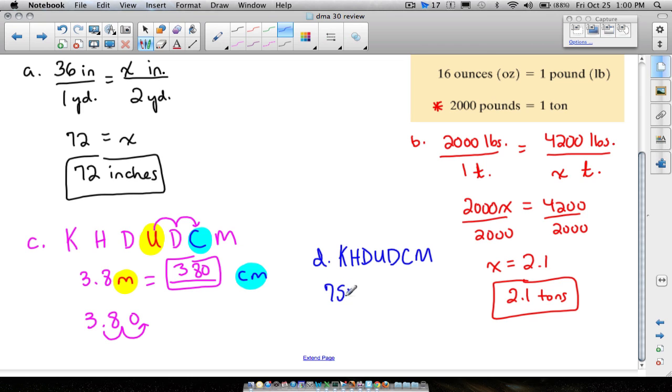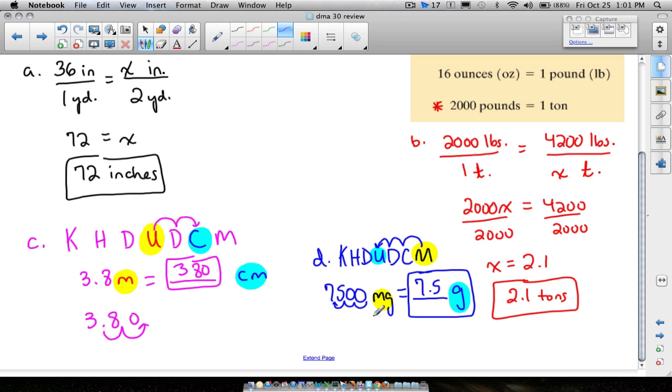And we want to convert 7,500 milligrams to some number of grams. So again, using King-Henry, we're converting milligrams, which is right here, and we want to convert that to grams. Grams is going to be the unit. Recall from class lectures, the unit could be grams, liters, or meters. In this case, we're talking about mass or weight. So that's what we want to convert to, just a plain old gram. And we got to move our decimal 1, 2, 3 places to the left. So therefore, when we move this decimal 3 places to the left, we get 7.5 grams.